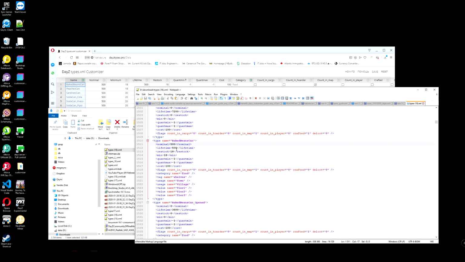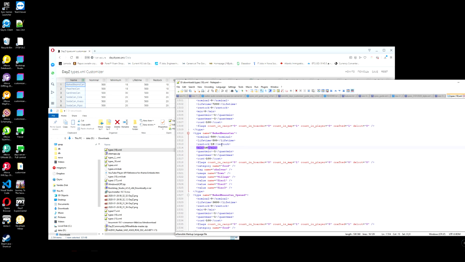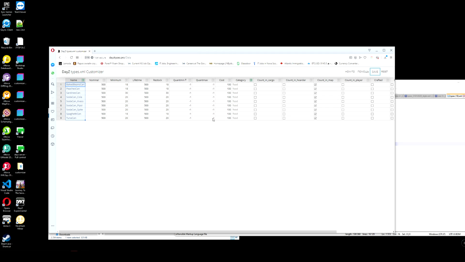Nominal 500, lifetime 500, restock 18, and minimum 18 also. So this is basically it. That's how easy it is now to edit your types file, and I hope it will help you a lot and avoid so many frustrating issues like despawning and such.